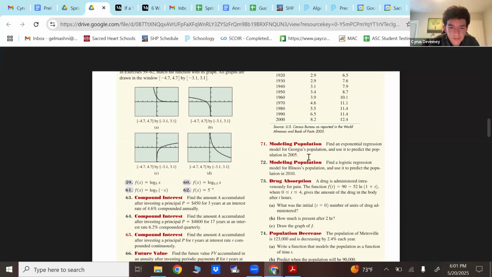Oh, match the function. I think since it's positive, wouldn't it be like 59, wouldn't it be